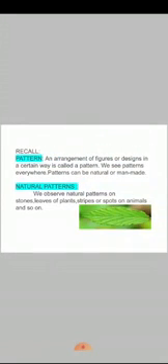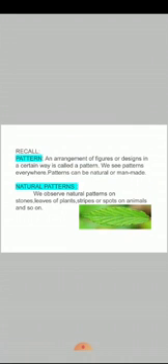We have learnt patterns in our previous class. A pattern is an arrangement of figures or designs in a certain way. We can see patterns everywhere. Patterns can be natural or man-made. Now let us learn what are natural patterns and what are man-made patterns.